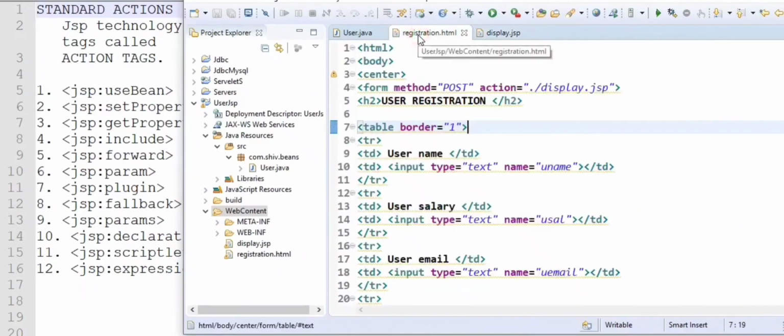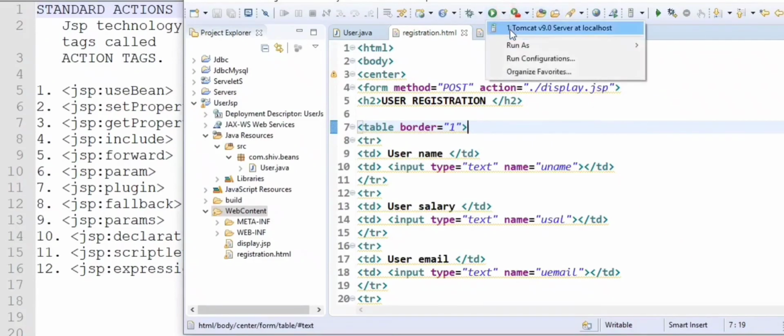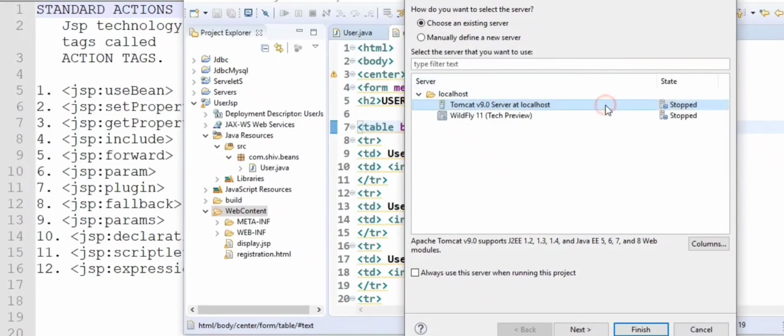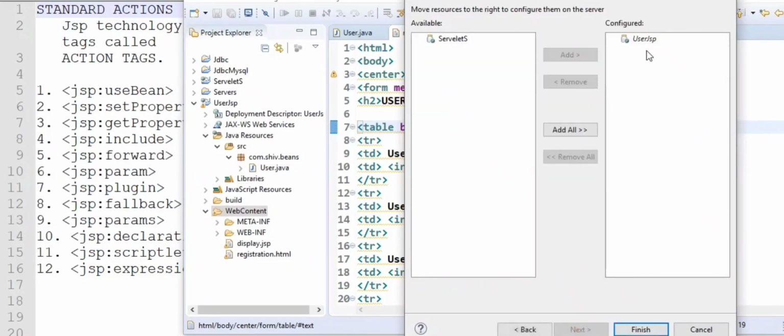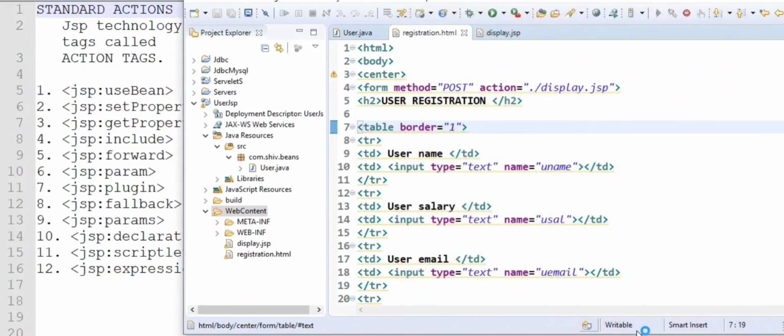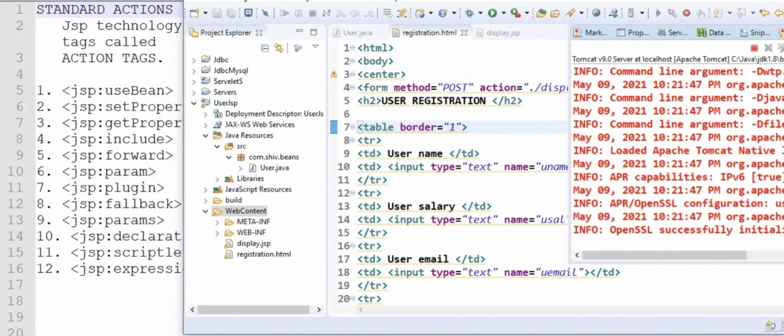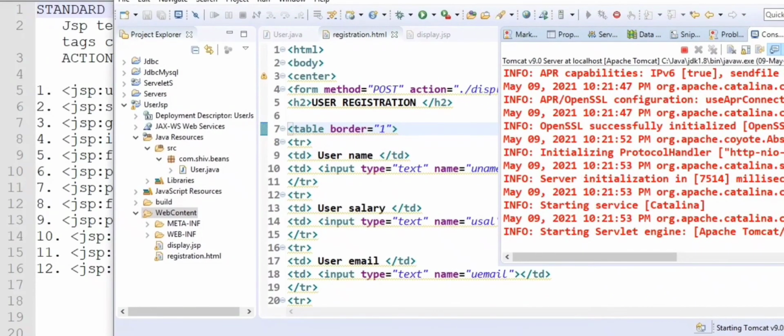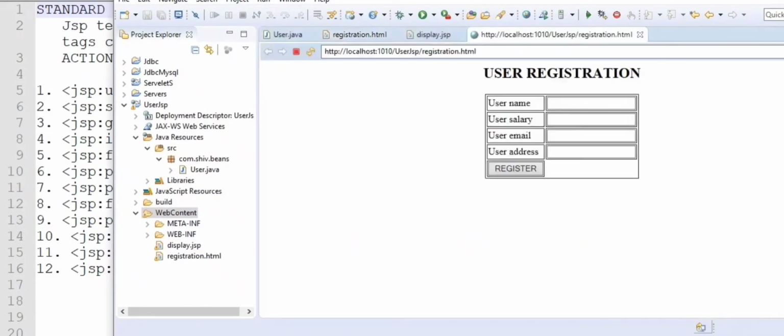Now let us run this HTML page in our server, Tomcat, user JSP, finish. Now our page has come.